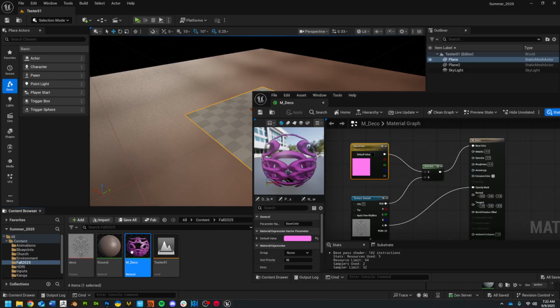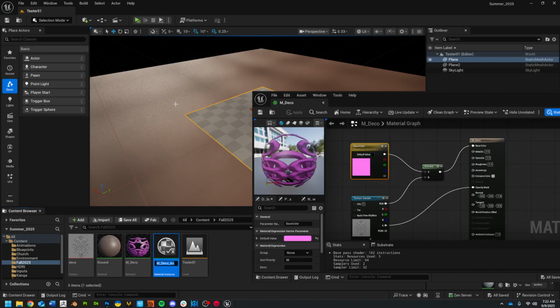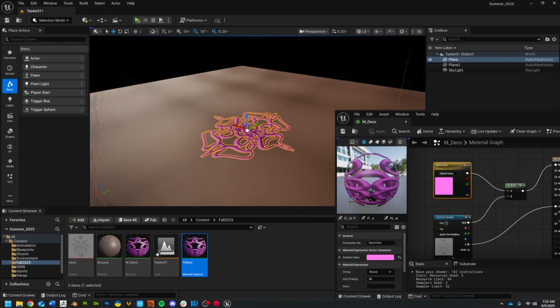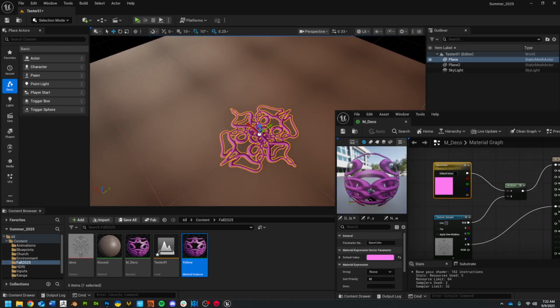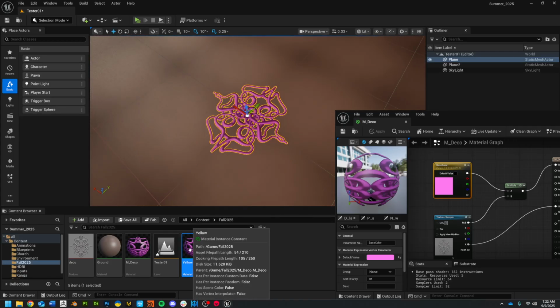And over here in the content browser I'm going to right click on this and you're going to see create material instance. And I can do this as many times as I want. So I'll just call this a yellow. And I'm going to go ahead and apply it over here. So you can see it's already started to work, but it's still got the default color pink that I had started off with. But now I can go into this yellow,